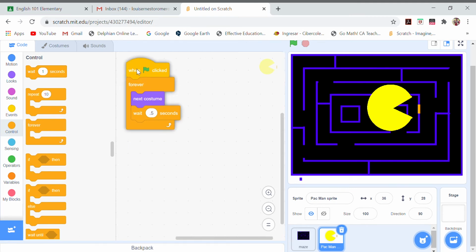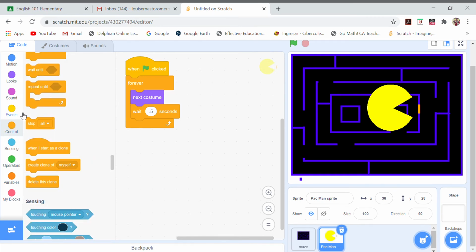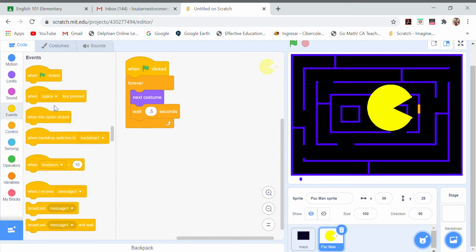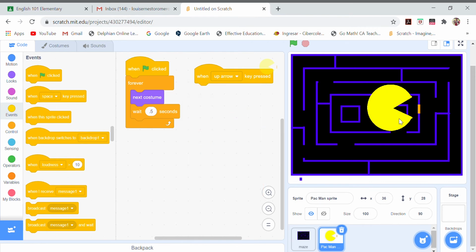Okay, now what we need is to create the controls for my Pac-Man to move up, down, and right, left. In order to do that, we create those four controls, starting with when up arrow, which I believe is right here. When up arrow key pressed, so like here, and I select up arrow, which is going to be the first one,